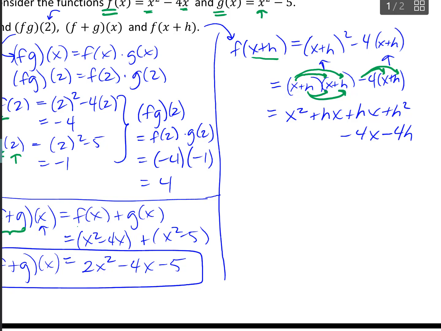So from there, I'm looking at just combining any like terms, and it looks like all I've got is this hx term to combine. And so it looks like f of x plus h: my function f evaluated at an input of x plus h is equal to the expression x squared plus 2hx plus h squared minus